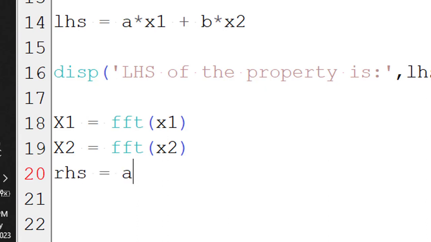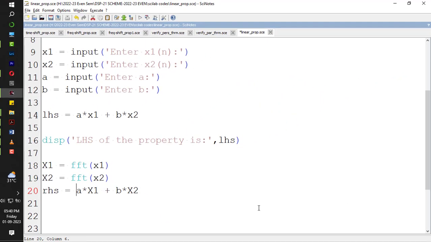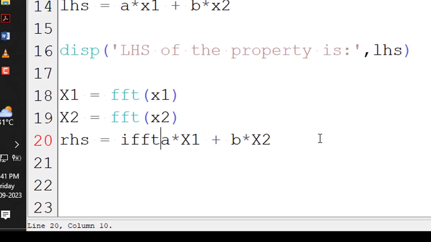RHS is nothing but A into x1 of k plus B into x2 of k. Remember, this is actually capital X. What we did was we took A into x1 of k plus B into x2 of k. Now in this line itself, we'll take IDFT. So IFFT of this entire thing, A into x1 of k plus B into x2 of k. This will be our right hand side. Now we shall display it,